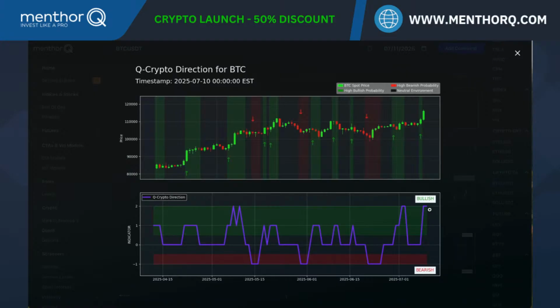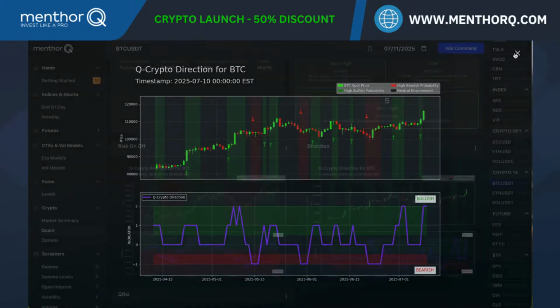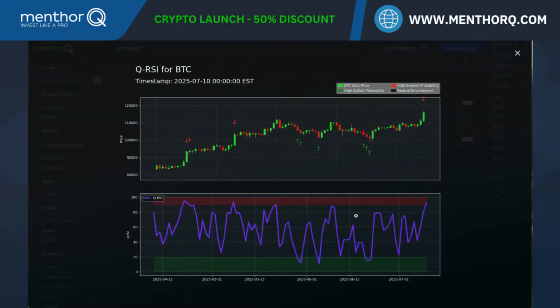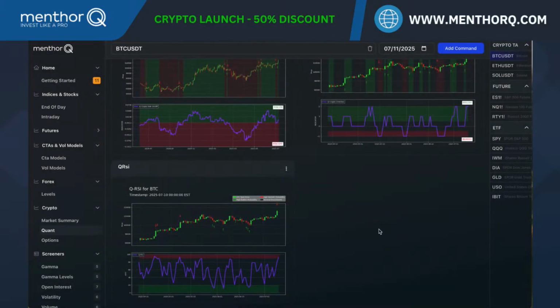Then we have our directional indicator. This is telling us, are we in a bullish or bearish bias by looking at price action on the crypto that we're looking for. And here you see it on Bitcoin. And then you have our RSI. So what's interesting is that we are now at very high QRSI, which again is different from the traditional RSI. And here is probably an interesting area. We can combine all these 3 together, and then we can also move into more of the option data.